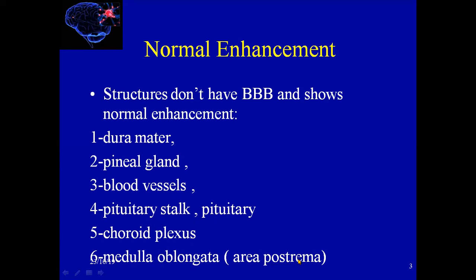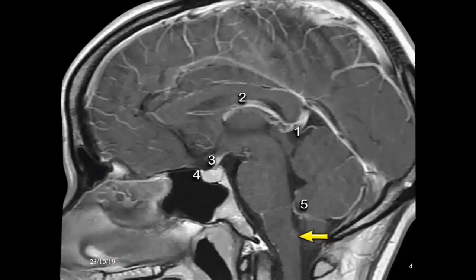This here shows normal enhancement in the brain. Here are pictures of the normal anatomy, which shows normal enhancement. As we say here, these are blood vessels, here the pineal gland. Here is the medulla oblongata, area postrema, and here this is the pituitary gland, here the pituitary stalk, and here's the normal